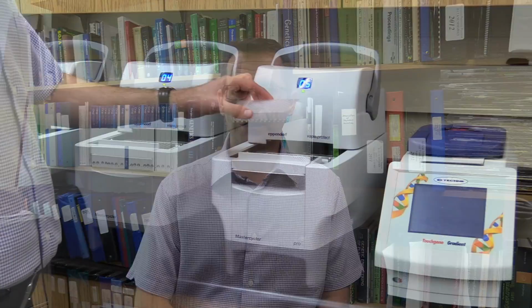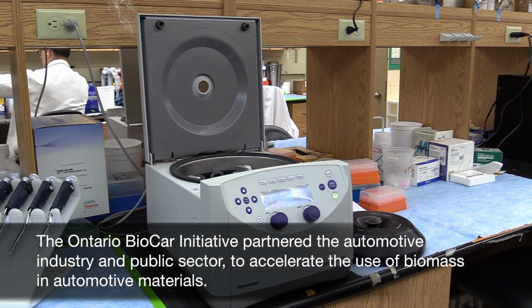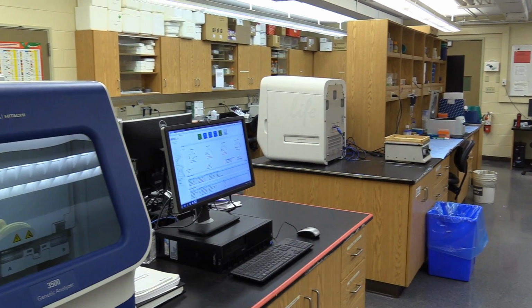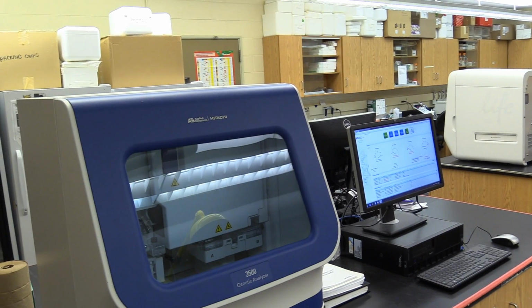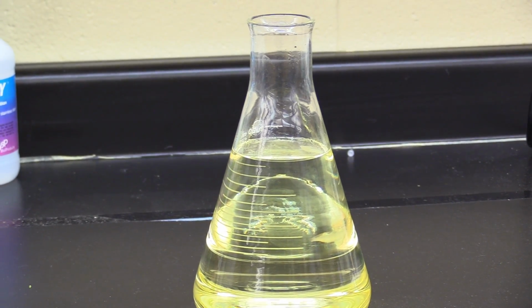So I became interested in that because I was involved with some chemical engineers in a project called the BioCar Initiative. In that project I was told that an oil with a high content of linoleic acid, with 2 double bonds, would be of interest to them, particularly for the auto parts industry, because that oil is well suited for the polyol and polyurethane industries. A lot of the interior car parts use polyurethane foams, especially parts like car seats. From that point on, I had 2 students working on these fatty acid modifications, looking at